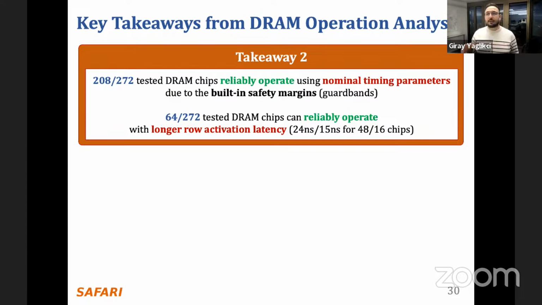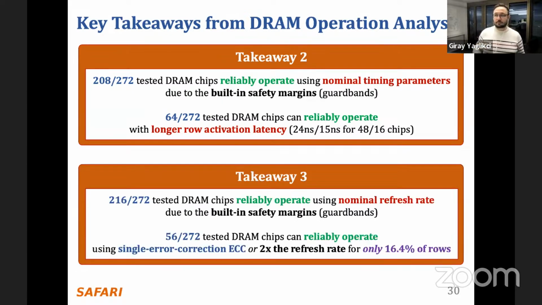The first one is that most of the DRAM chips reliably operate using nominal timing parameters due to the built-in safety margins, also known as guard bands. And the small fraction of these DRAM chips that exhibit some erroneous behavior can still reliably operate if you increase the access latency a little bit more. The other takeaway is that,